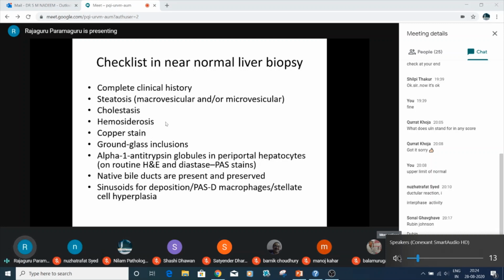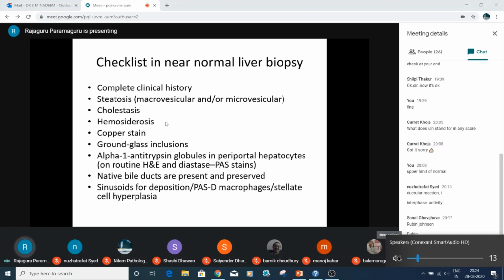So it can be an occult infection and clinically present like an acute hepatitis, or maybe there are no features on imaging, or clinically there is nothing except mild elevation. But still, if you are finding ground glass appearance, then you have to call it a chronic hepatitis and grade and stage accordingly. Even if there is no inflammation, say there is maybe a grade of 1 out of 18 according to HAI, but still you have to call that a chronic hepatitis. And then look for alpha-1 antitrypsin globules, which can be picked up with the diastase stain.